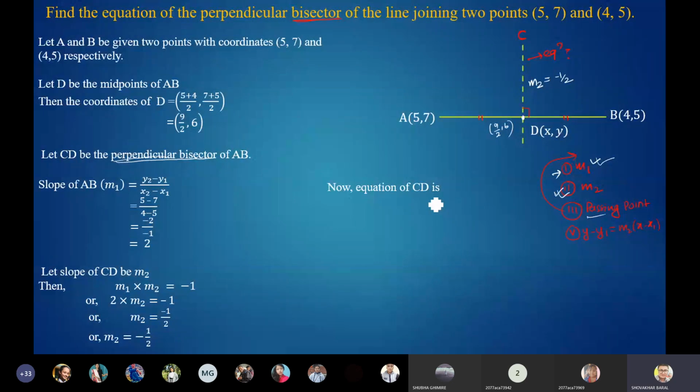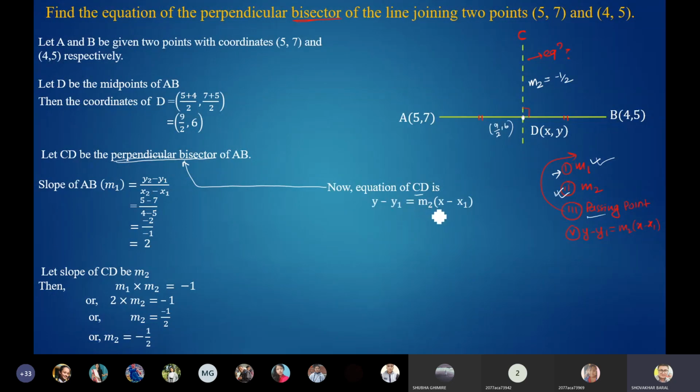Our main target is to find the equation of CD. This CD is the perpendicular bisector, as stated here. So the equation of the perpendicular bisector, or you can simply write CD, is